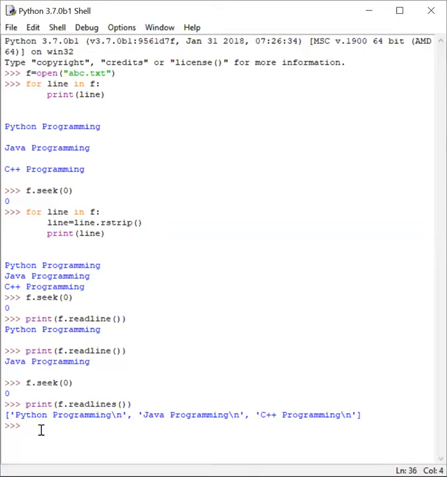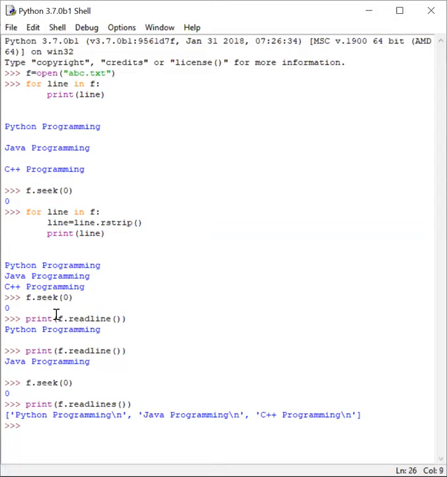Either you can use the f.read function. The read function reads the entire file. If the file size is small, it will work. If the file size is large, you can use a for loop to iterate through the file and print each and every line of the file. If you want to eliminate the blank spaces in between, you can use the strip or rstrip function, which would eliminate the whitespace at the end of the line.